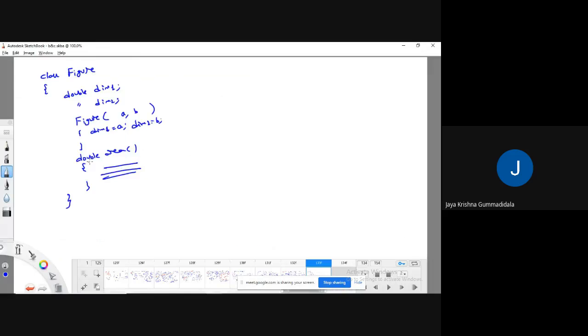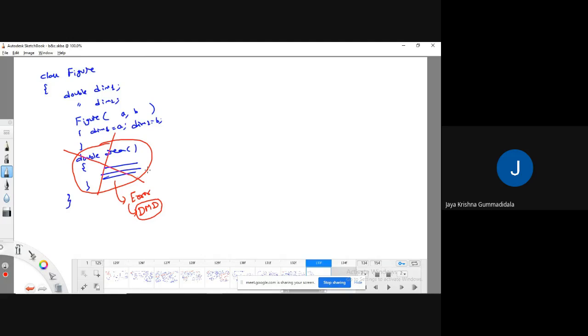Even though I mentioned there is no use of this one, if you remove this one, what happens? You will get an error. Why are you getting an error? Because you are using the concept of dynamic method dispatch. So to make use of dynamic method dispatch, I need to define this one.